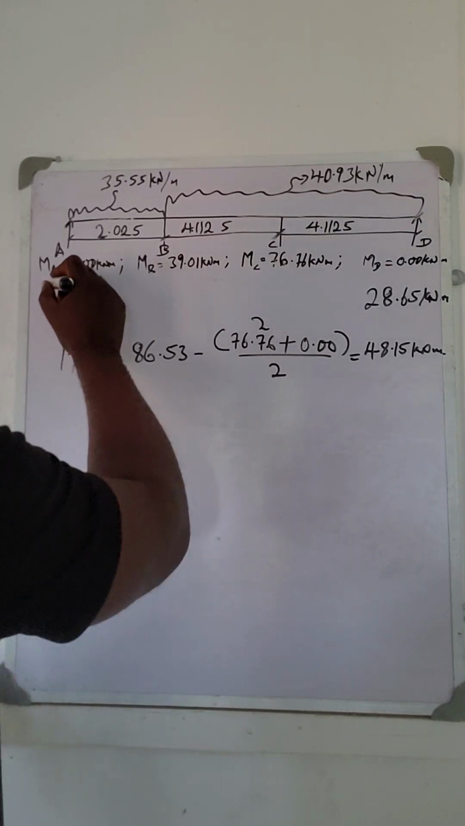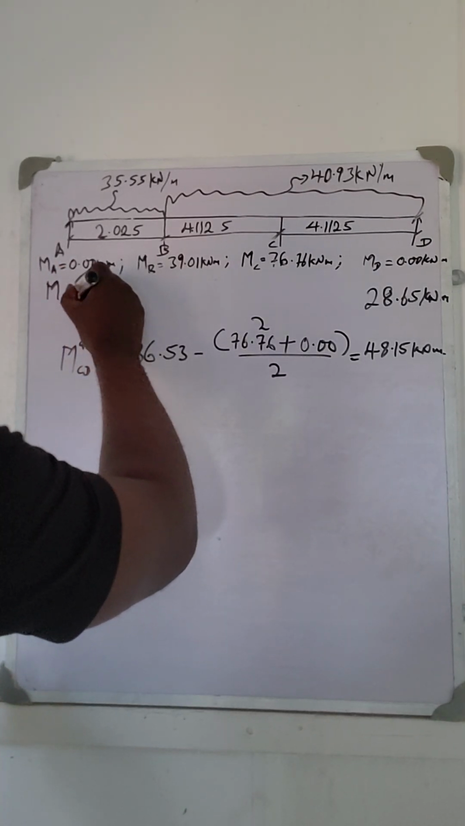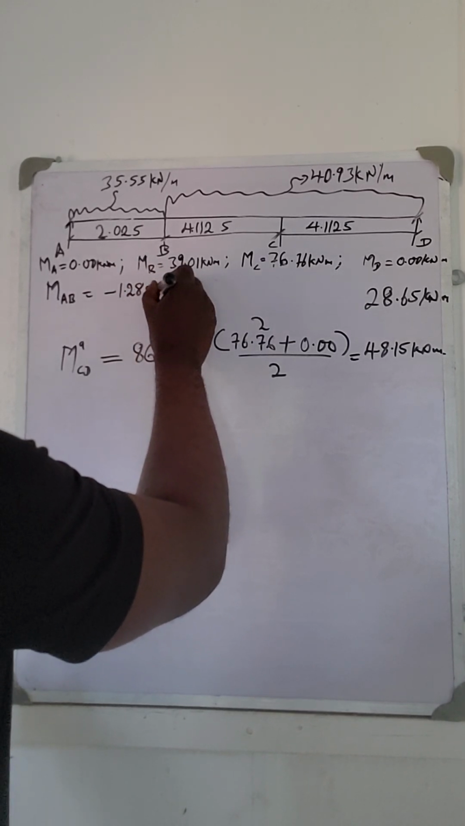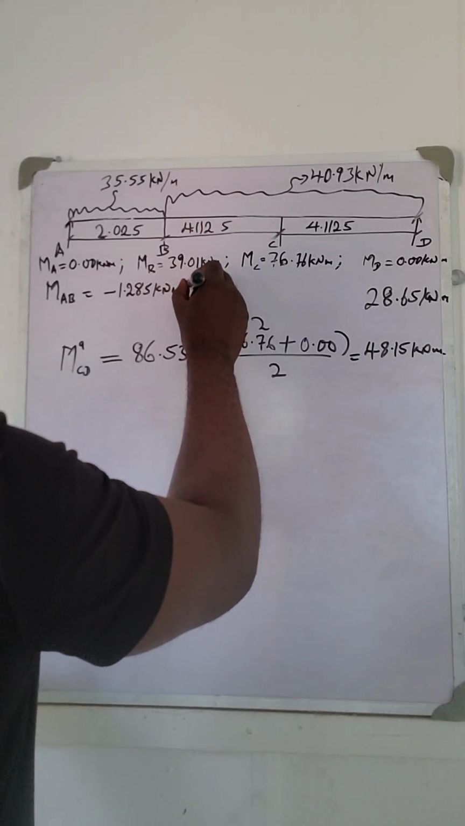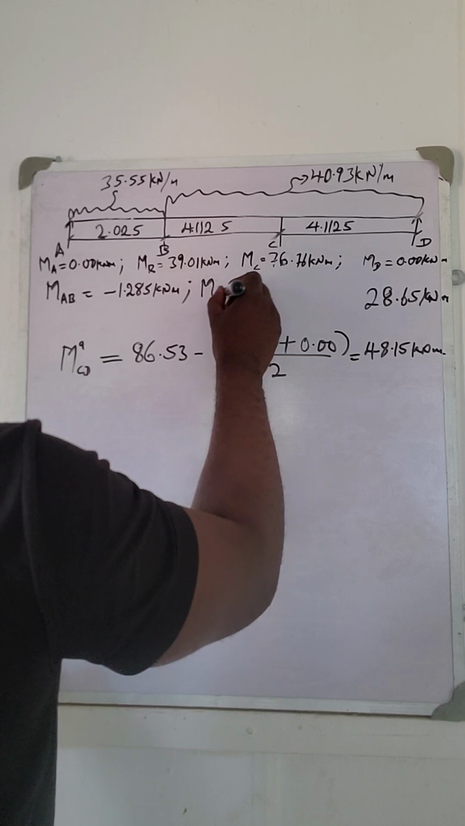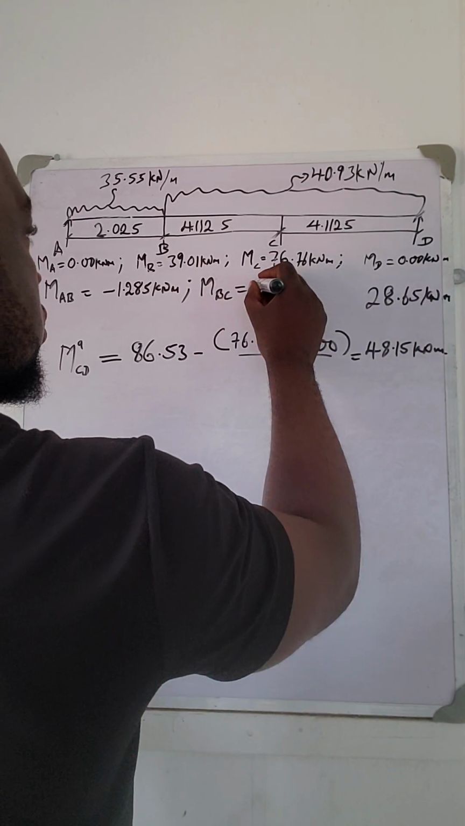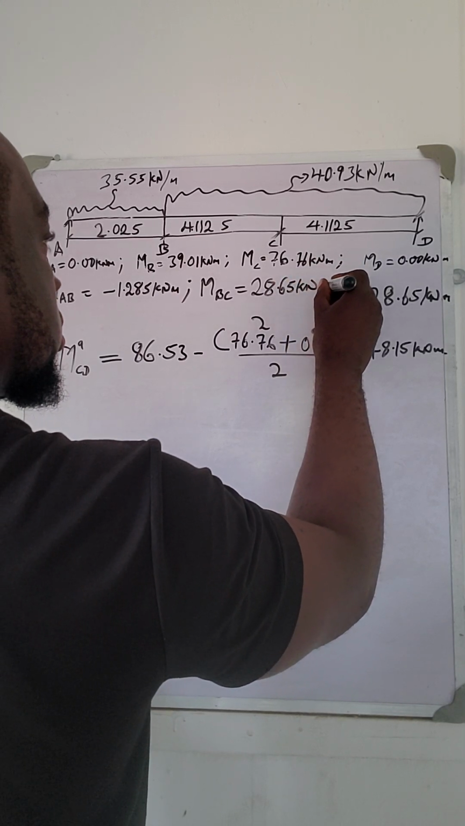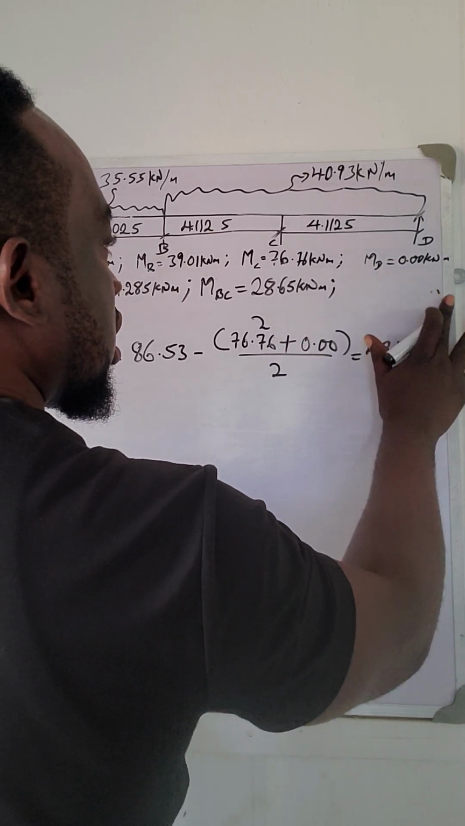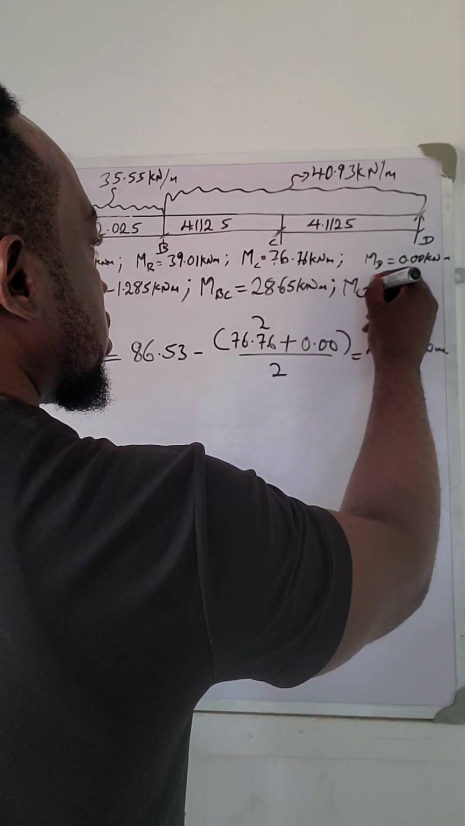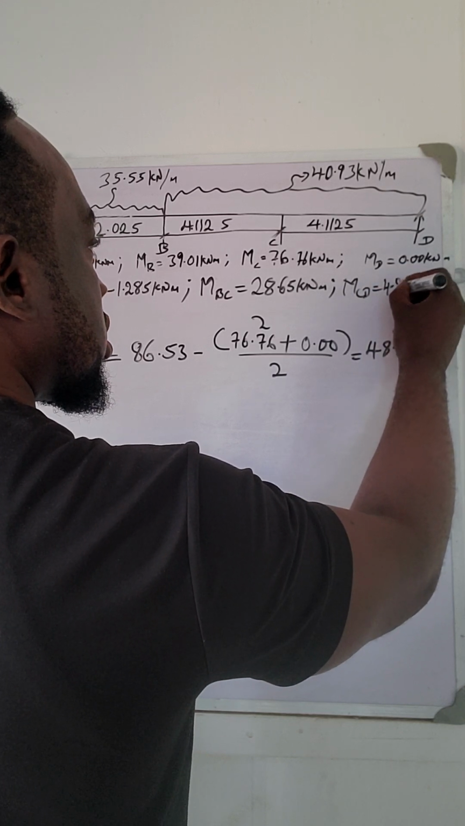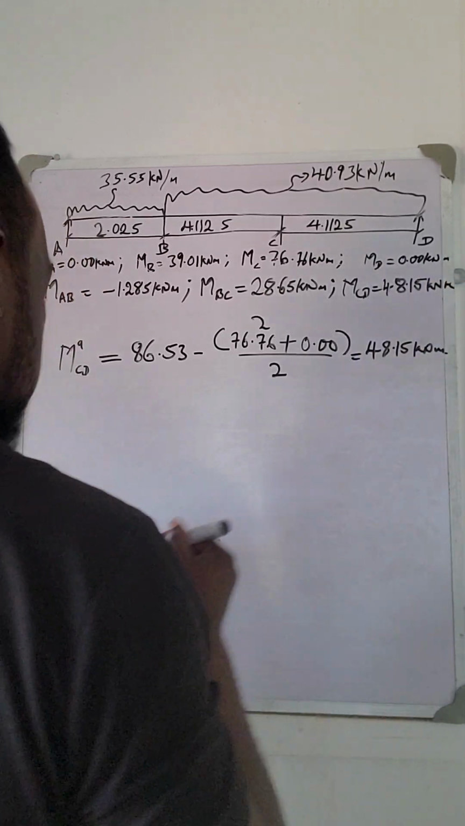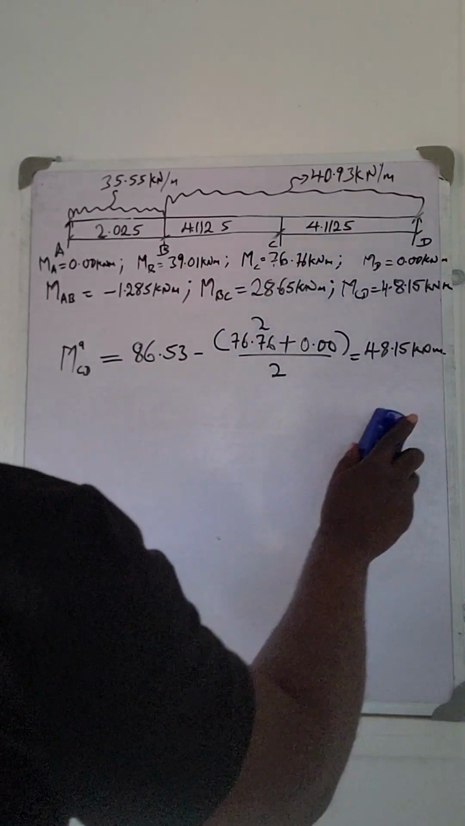Actual span moment NAB is equal to minus 1.285 kilonewton meters. Right, MBC is equal to 28.65 kilonewton meters. Then NCD is equal to 48.15 kilonewton meters. Okay, so I cannot clean this board